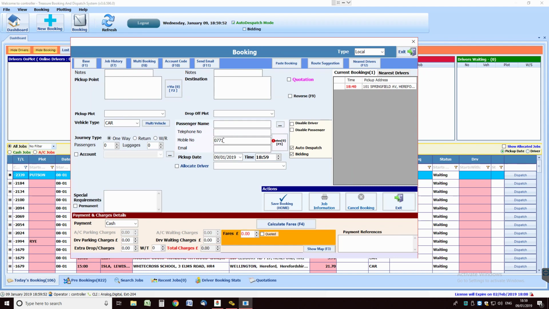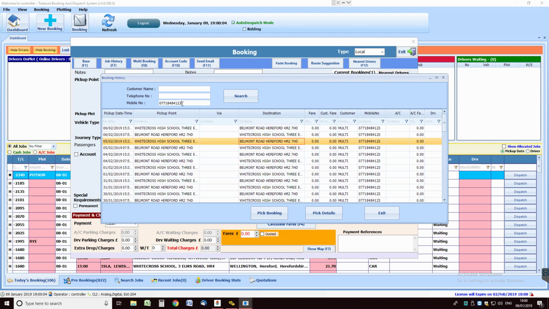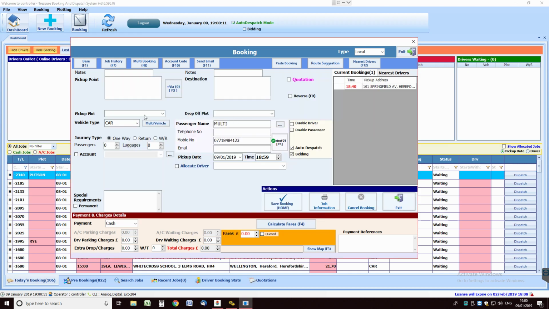So basically, let's start with new booking, and I drop a mobile number in. If you'd picked up an incoming call, it would have put the number in, customer in if it was on our existing database, otherwise it'd be fresh. So that's having a search. You can see this is a number I've used previously, so there's lots of jobs popped up. If I pick details, it just puts the number and name in,